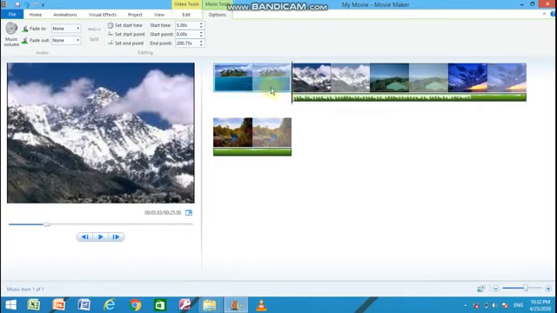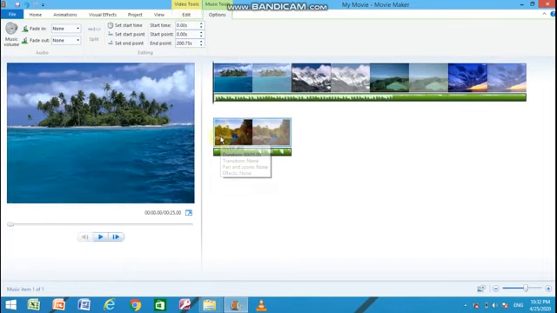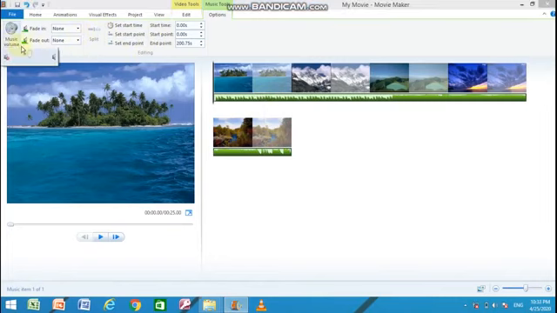In the same way, if you want a starting point and an ending point of the song, you can check it out in the preview and write those particular timings here. Let me set it again from 0. I hope you have understood how to insert an audio file into the storyboard, and how to do various settings related to the audio object. You can also adjust the output music volume from here.